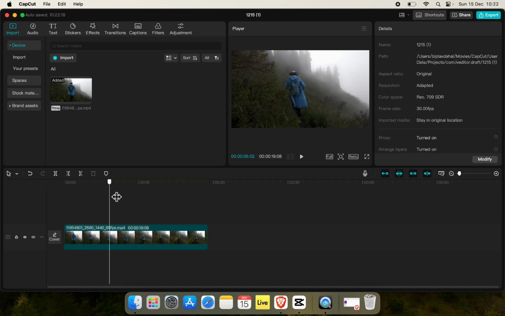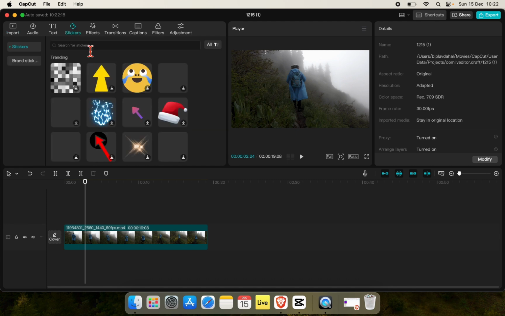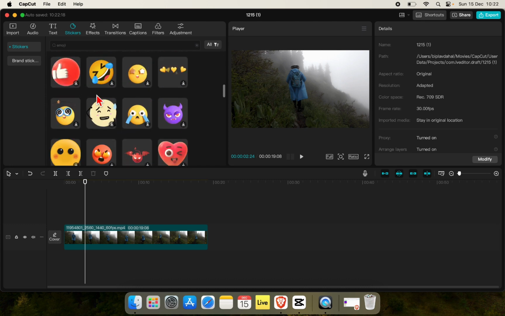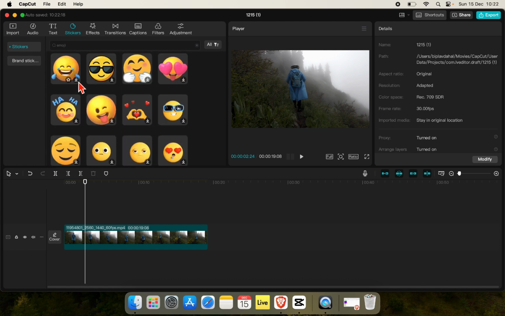Now take the playhead where you want to add the emoji. For example, I want to add the emoji right here. Click on stickers and here search for emoji, just like this. Now here you can see different great emojis for your video. Choose the one that you want to add to your video and click on download option right here